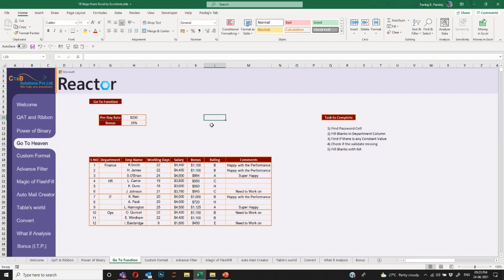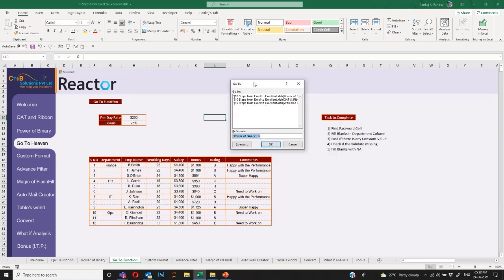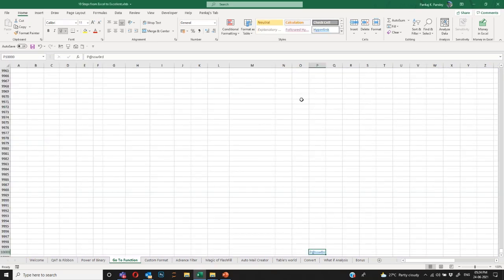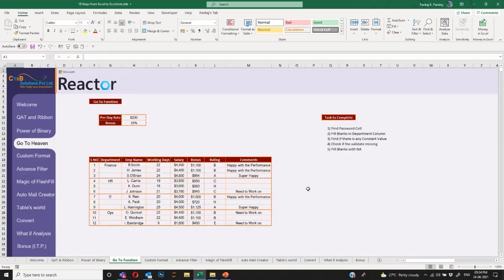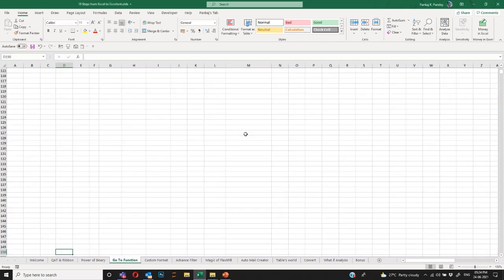But if you want to jump to any cell in the entire sheet, you can just press Control G. It will open the GoTo dialog box, and then you can simply type P10000 and in one go it will take you to that cell. So that is the first task of GoTo. GoTo means go to that particular place, where you can simply type D150 and it will take me to D150 directly.